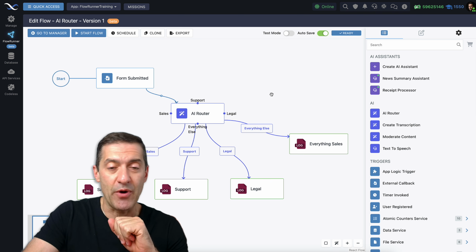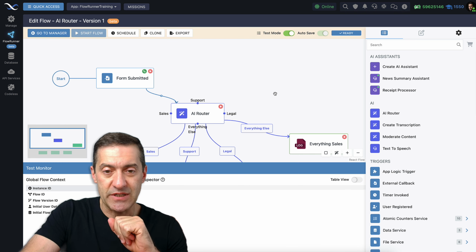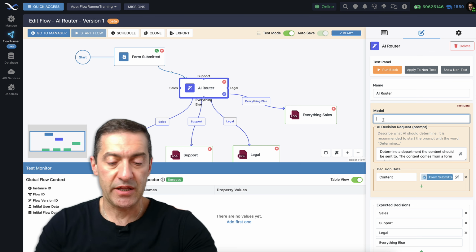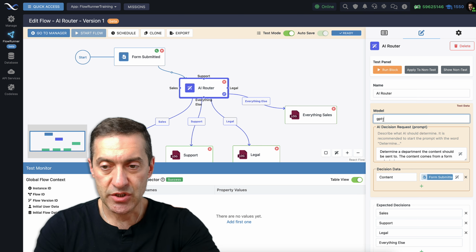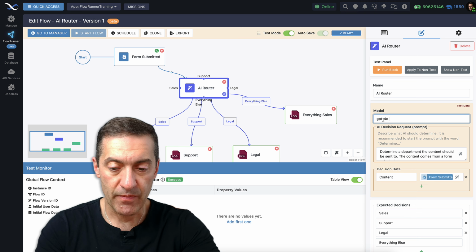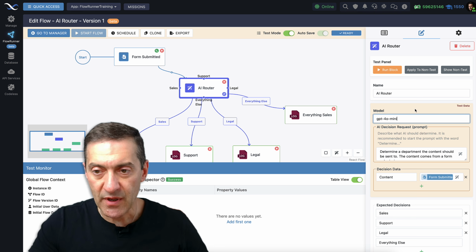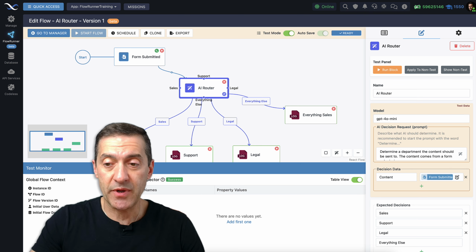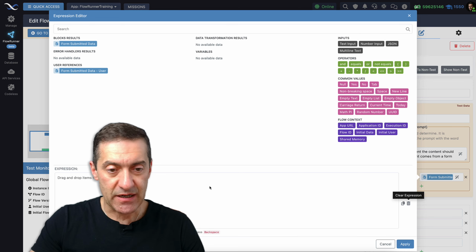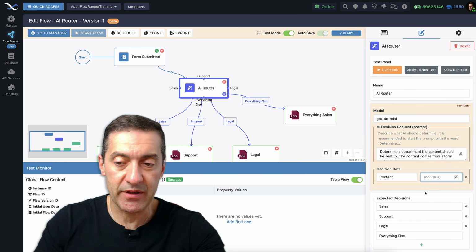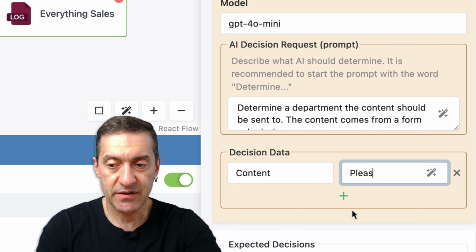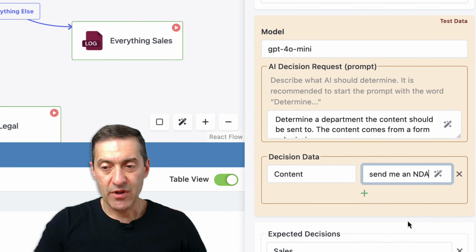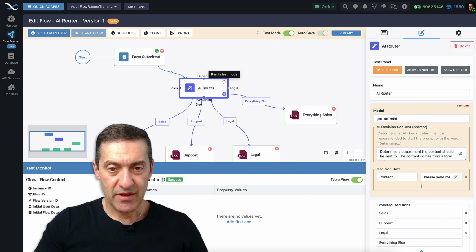So for this, and just to see how AI router works, turn on test mode and go to AI router. And in here, let's just put in our model, GPT-4o mini. And then as far as the actual data that we will be sending, right now we don't have a form submission. So what we can do is click expression, delete this content right here, and then type in, please send me an NDA. Okay. So now if we just run AI router,